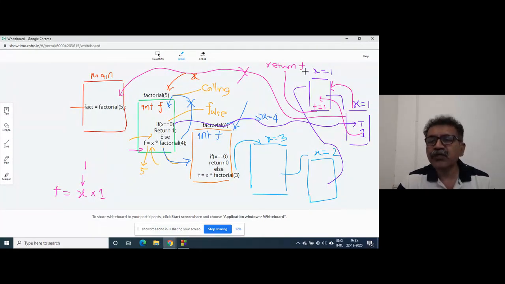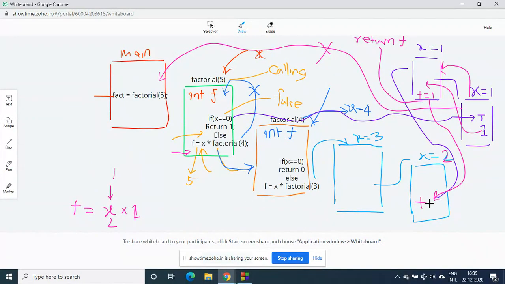So this 1 will be returned where? From this point, it will be returned here, from where the control has left. Now here again the same statement is there. f is equal to x into the return value, that is 1. What is the value of x here? The value of x is 2. So 2 into 1, now here f contains 2.